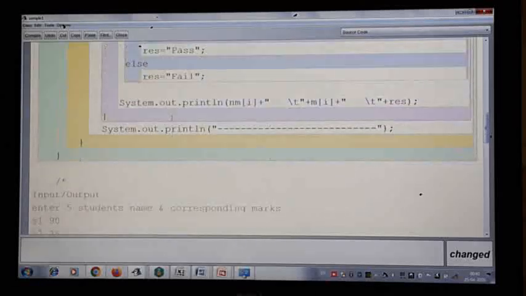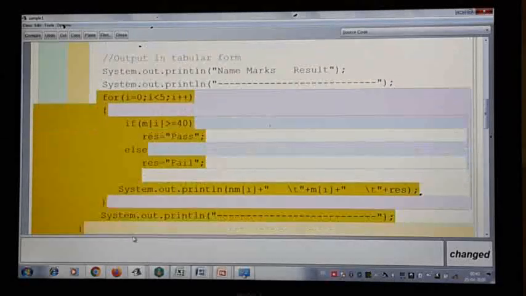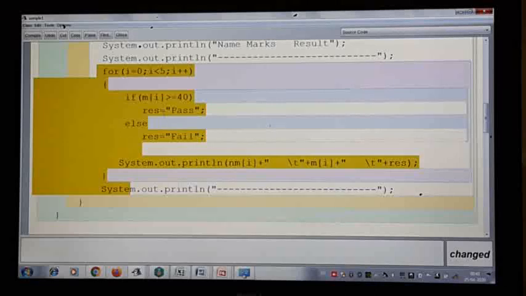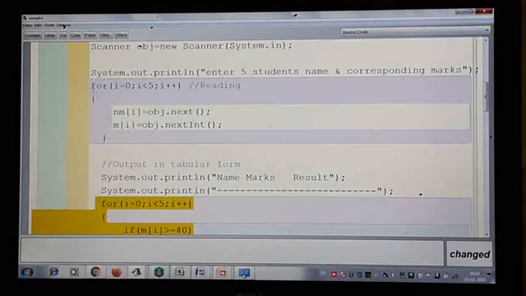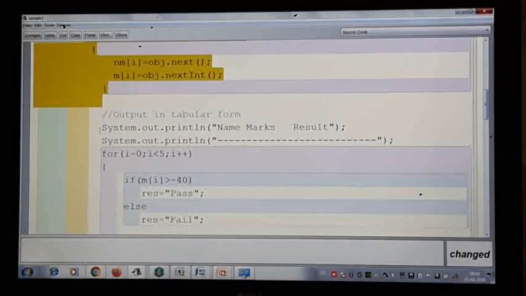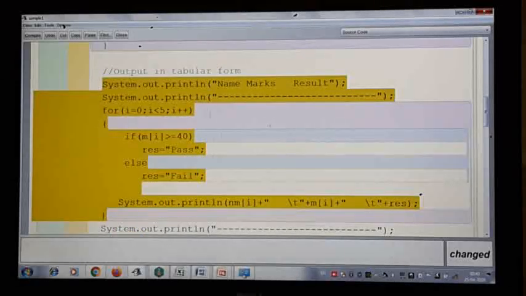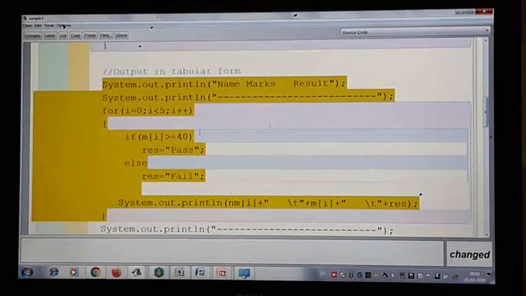Now as I said, this is the execution or demo of this program. Let me explain. This is the logic part of the program. The main logic part of the program is here. This very first for loop is only for reading the content of an array. As you all know how exactly we read, this part is common for most of your programs where you are reading the content. In each and every question, the logic part of the program will keep varying. So let us see how exactly the logic of the program is working.